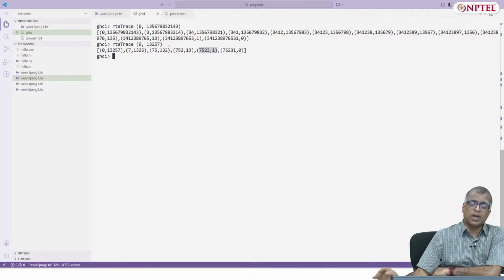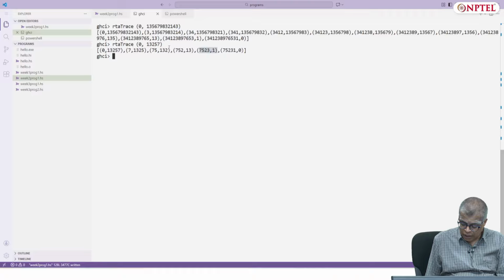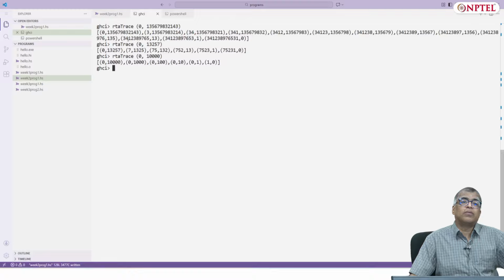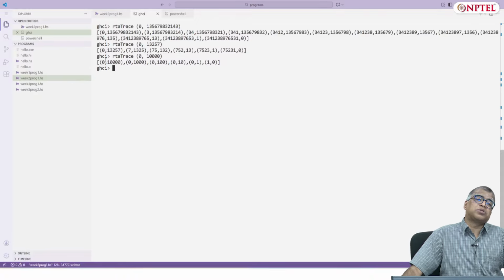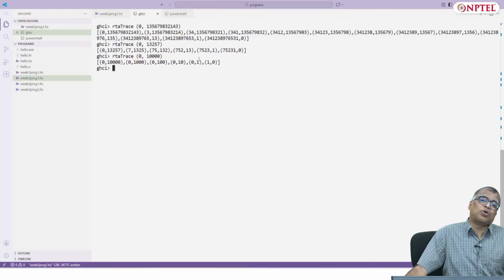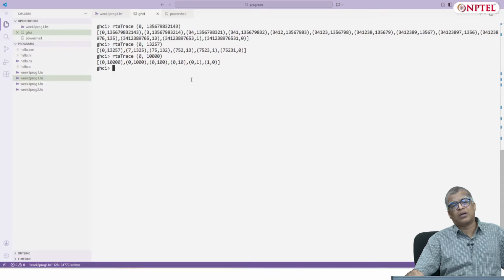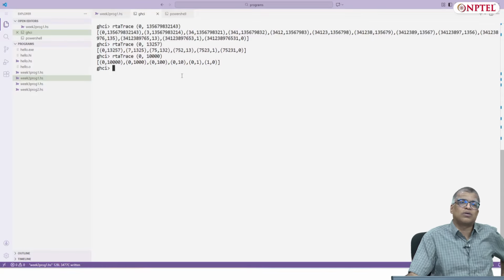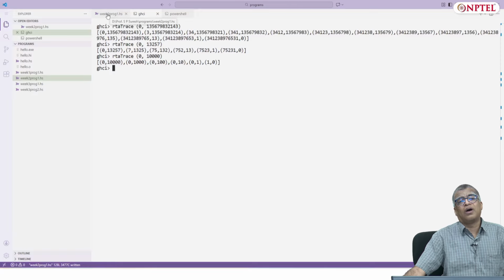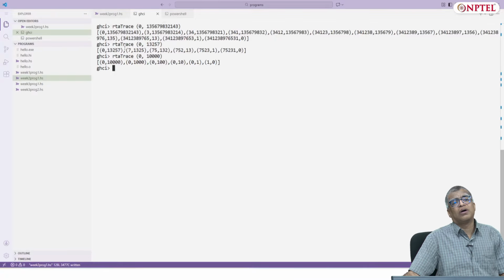And you can also check that if I have something like RTA trace of 0, 10,000, let's say, you see that the 0 keeps getting added to the right of 0, but then 0, 0 is not a number, it's only 0. So, eventually you will reach the point where you receive 0, 1 and then 1, which is clear, right? Because the reverse of 10,000 is 0, 0, 0, 0, 1, but 0, 0, 0 is discounted and you just call it the number 1. Okay, so you can use lists to even gain more information about integer functions.